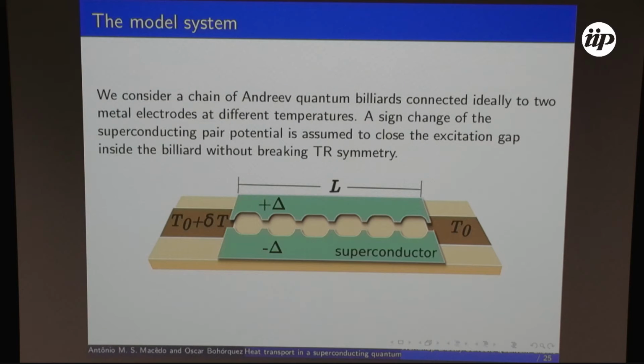So let's go back. You have this general method of finding a solution to an integrable problem, and let's go back to our original problem. I have a chain of Andreev quantum billiards. In order to set up a simple problem, I'm going to fix the chemical potential to be the same in both terminals and only have a temperature gradient, so that what's being transported here is actually heat. And a superconductor, of course, does not conserve charge. So if you want to probe transport properties of a superconductor, you have to look at things like the heat transported by the quasiparticles, which are Bogoliubov quasiparticles.